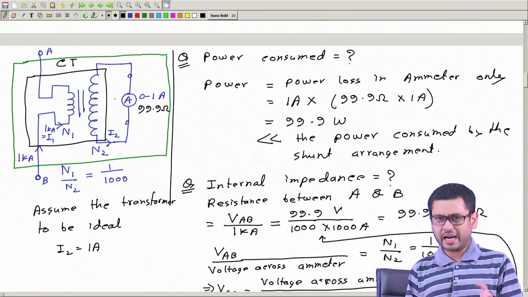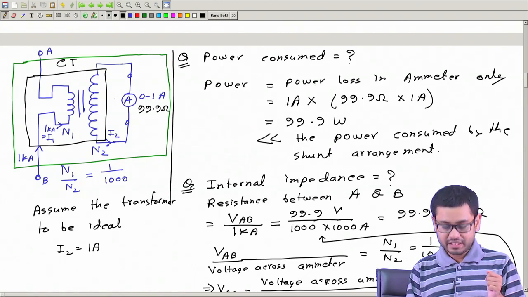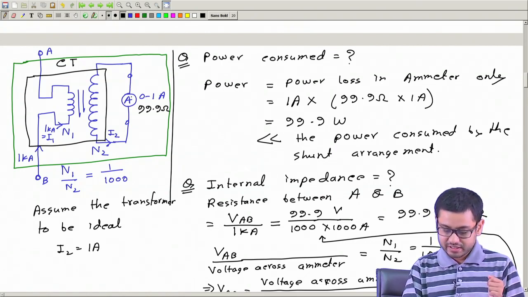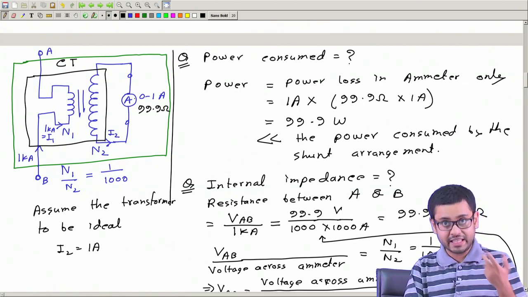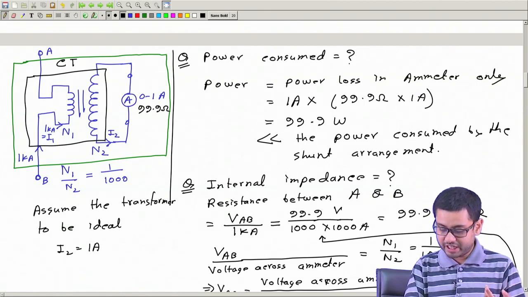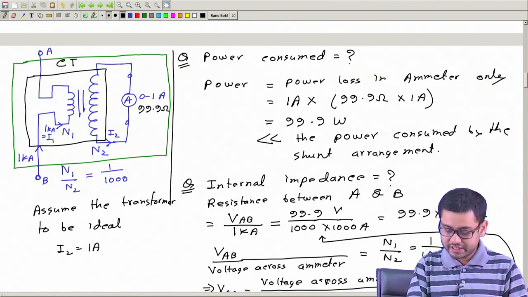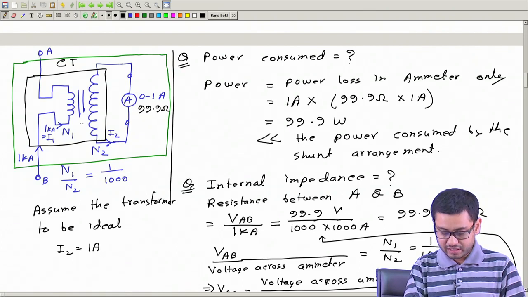So circuit breakers, relays, they are also in a sense some measuring instrument,